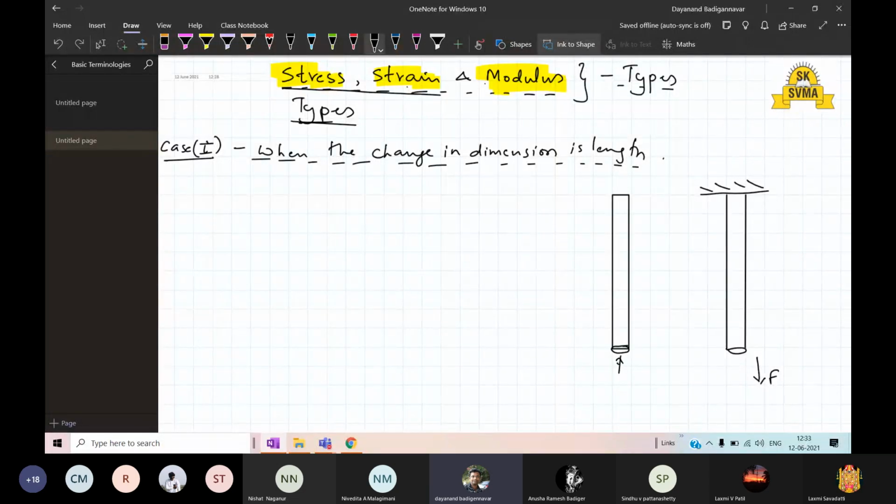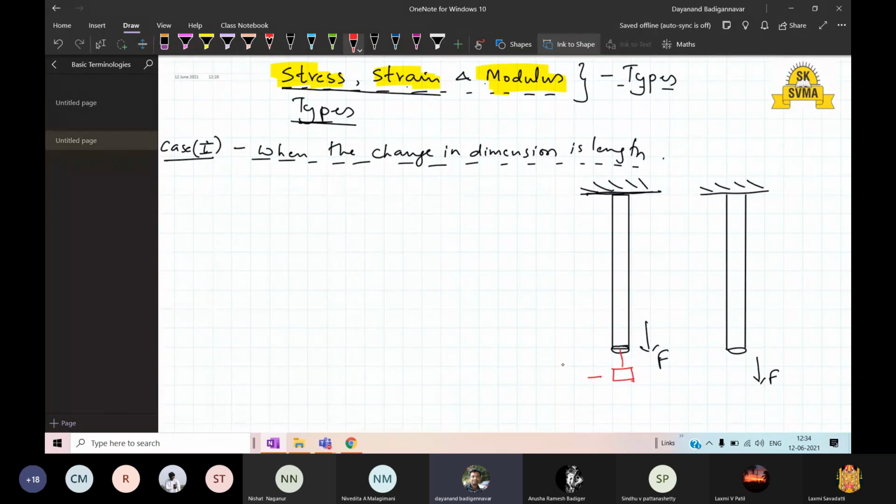This is nothing but a cross sectional area of a wire which is fixed at one end like this. Now you apply the force. How can you apply the force? I told you in the last part. You can apply the force physically, you can pull it, or you can apply a mass. You hang a mass to it. Once you hang a mass, this is called a load.